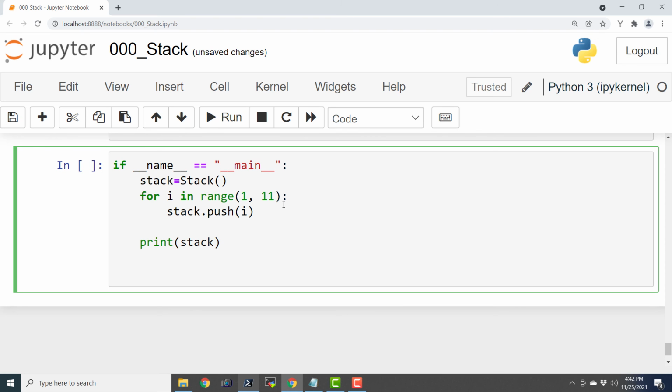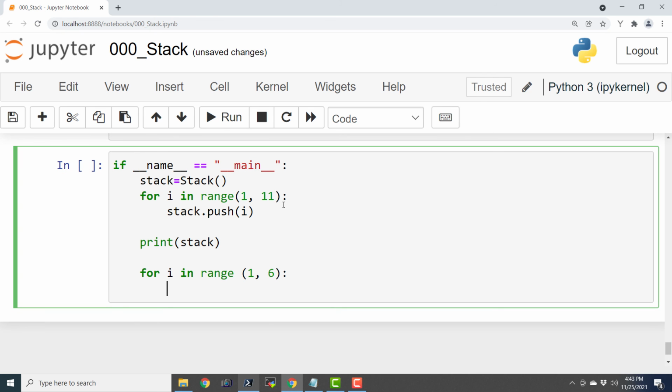And finally, for i in range 1 to 6, I will just say print(stack.pop()).